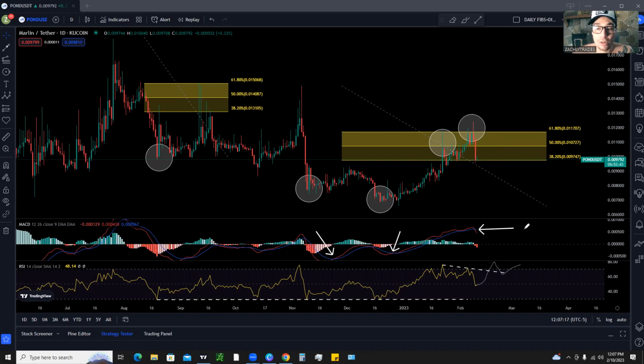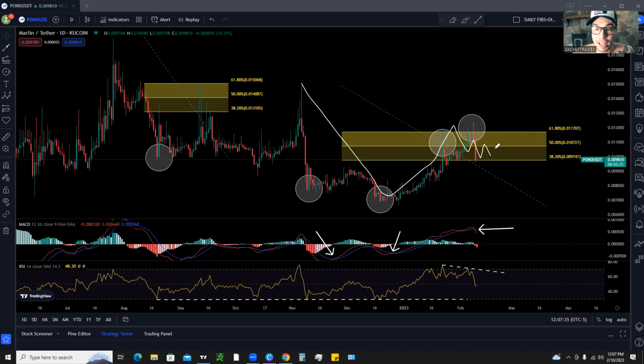But for right now, we have a bearish MACD, we have a bearish relative strength index, and we rejected our major retracement level. So things are more favoring to the bearish side. And you could have gotten out up here once you started to see a lot of these signals. So we're going to see